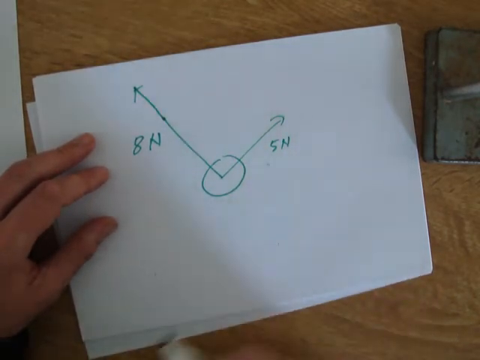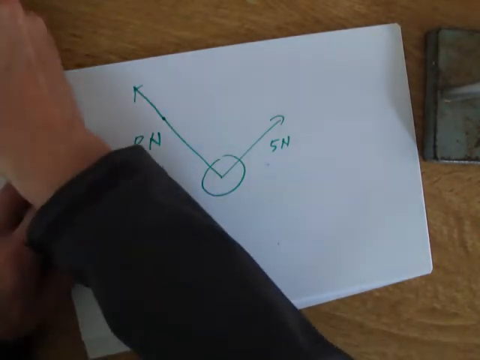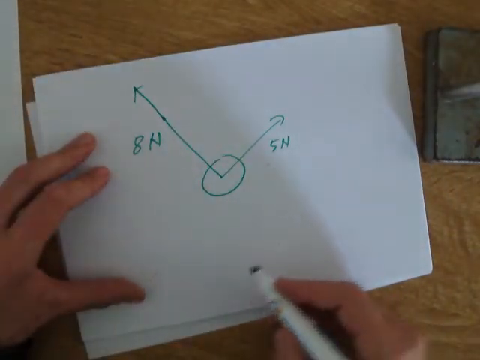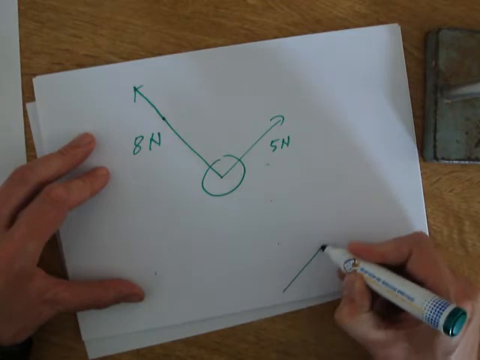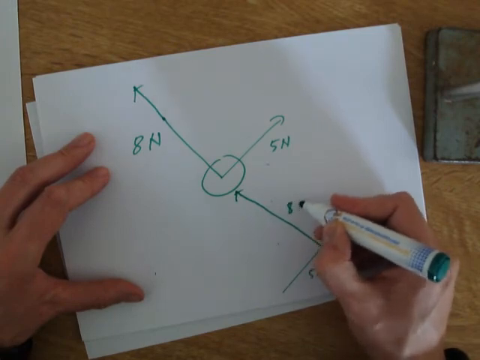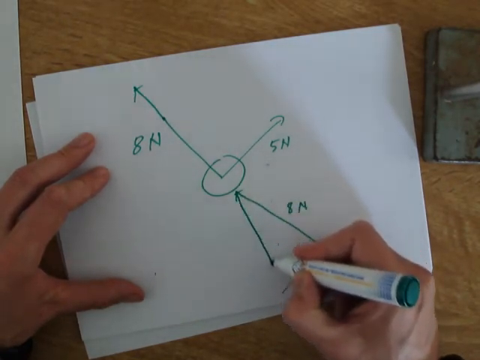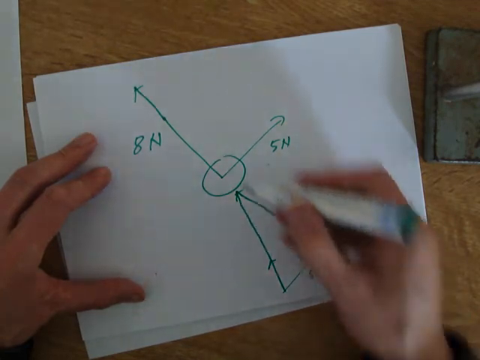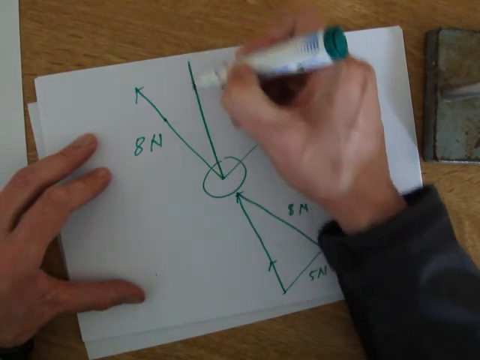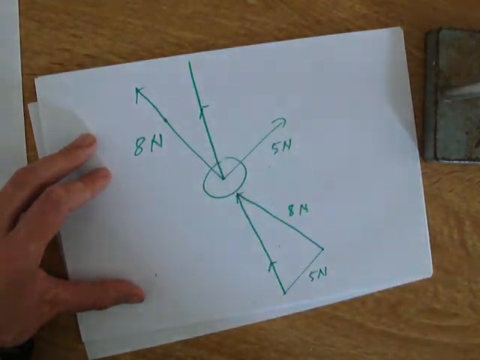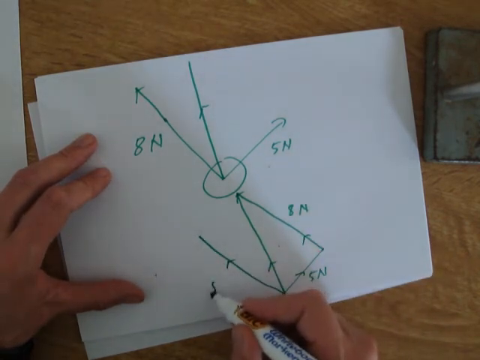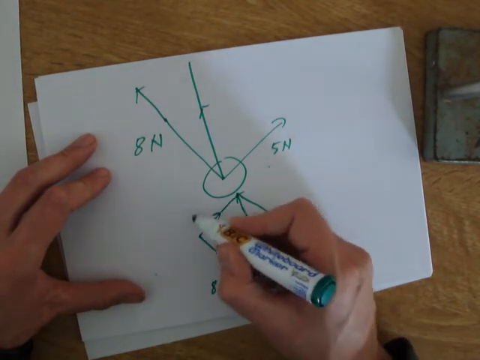Well, whenever we're adding two vectors together, we do exactly what we did before when we were looking at the displacement vectors. We simply go along one vector, 5 newtons, and then we go along the other vector, 8 newtons, and the resultant is in that direction. And you can see, looking back to this picture here, that the resultant of those two forces is we're going to be moving the object in that direction. That vector is the same as that vector. Similarly, we could have gone along the 8 newton vector first, or we could have gone along the 5 newton